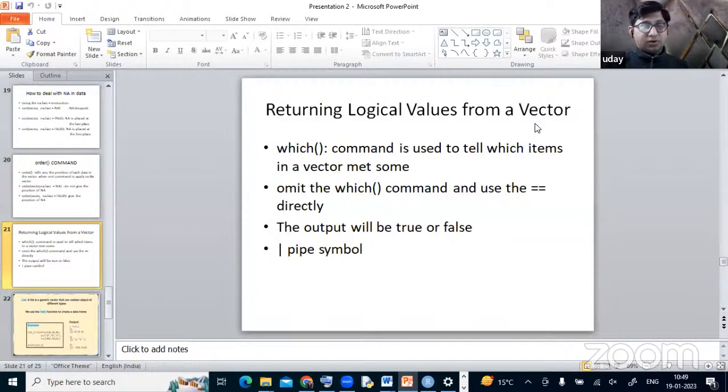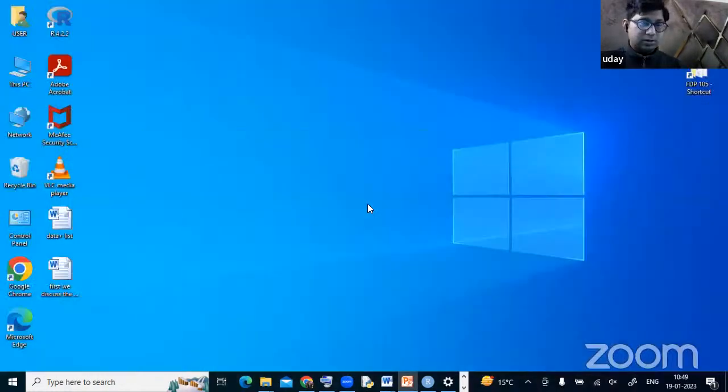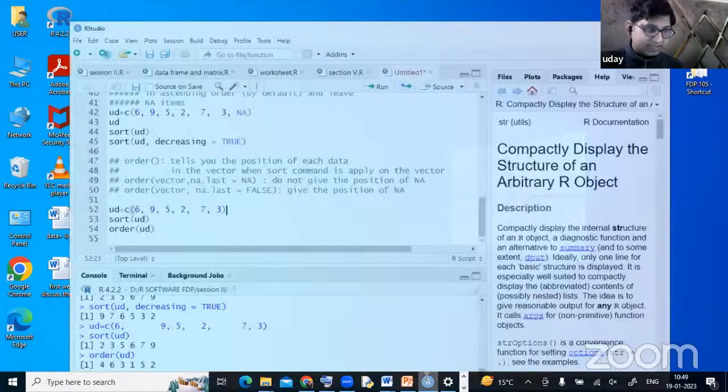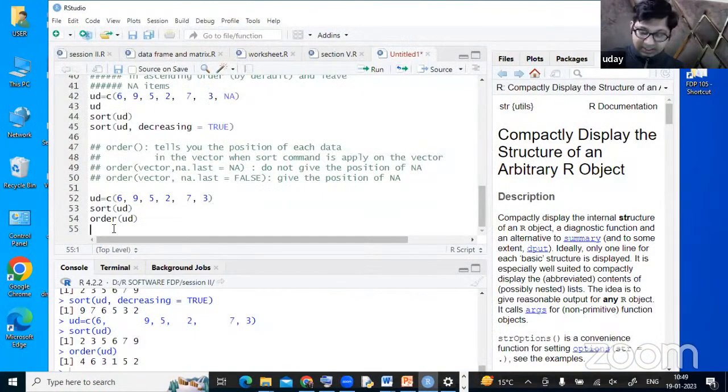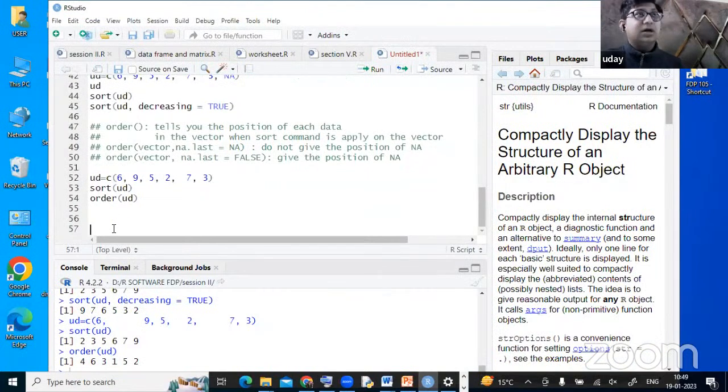returning logical values for a vector. Now, what does it mean? We use the which command. This command tells us the items in the vector which meet that condition. Suppose I take the same example, UD. Now you said you want a person whose marks is 6. So what I will do, I will use which,